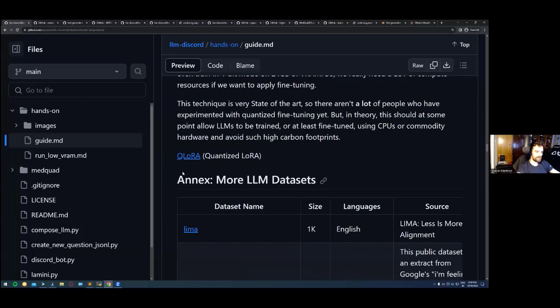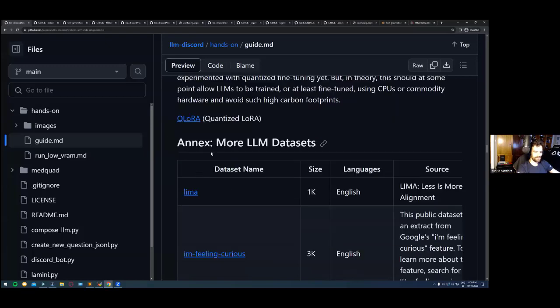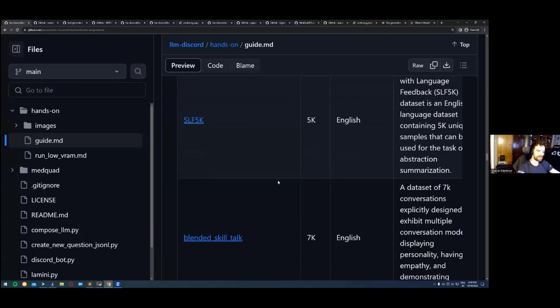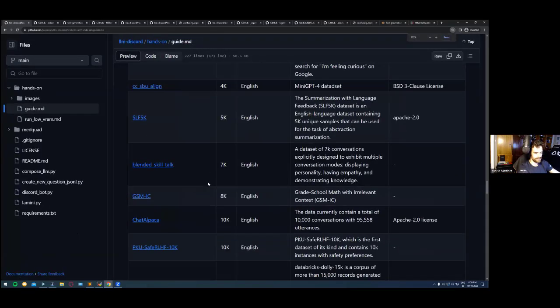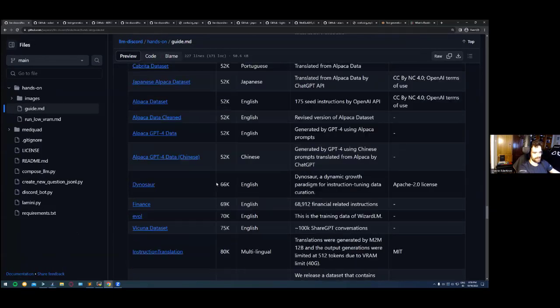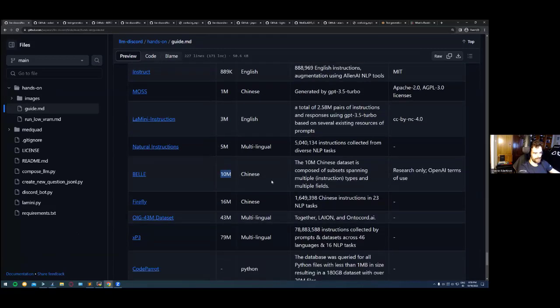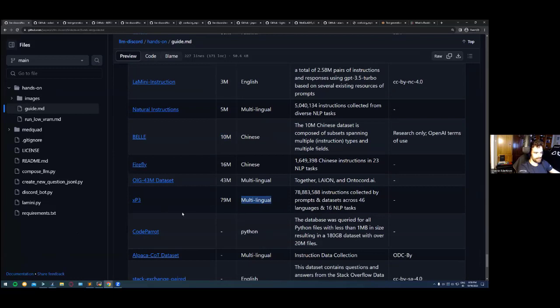Remember, you also have this annex here, if you want, with some data sets that have already been created by someone, with a lot of examples. Some of these have like 10 million examples in Chinese. There are also multilingual data sets here. If you want to experiment and play with them, you have them here. And that's all. I hope you enjoyed the session,